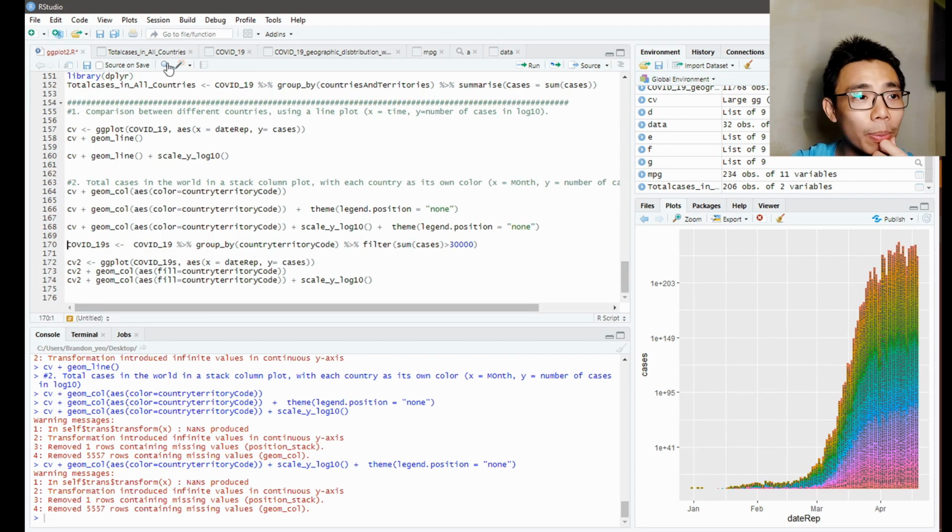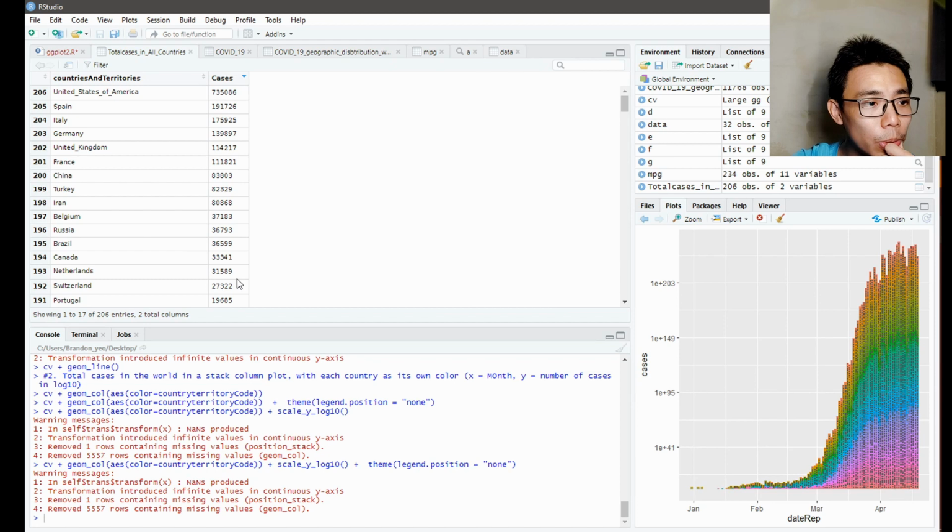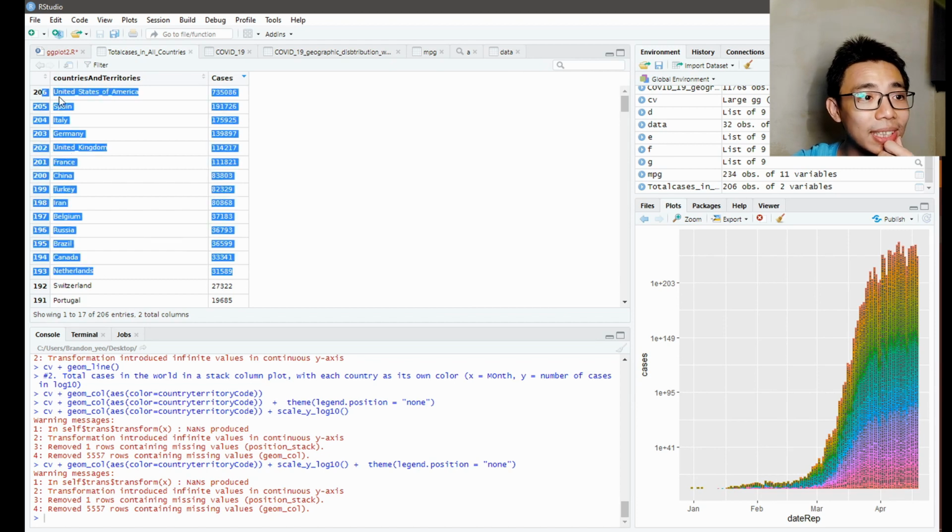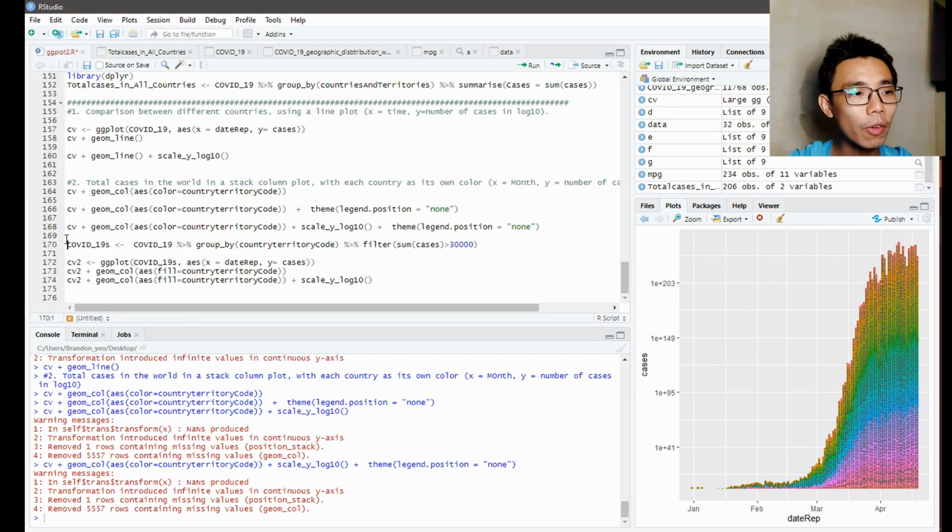So the cutoff point I set up previously is 30,000. So we are just going to take all these countries and plot them on the same plot over here. And we should be able to put a legend beside it, and still see everything clearly. So let's try that. Of course, we are again using the dplyr way of filtering the data, which